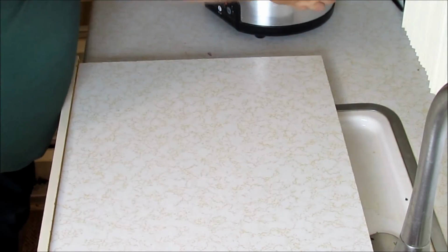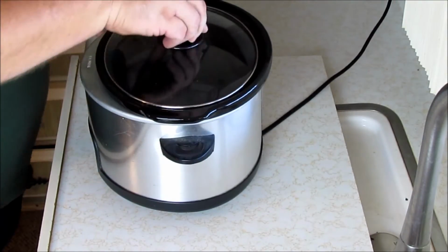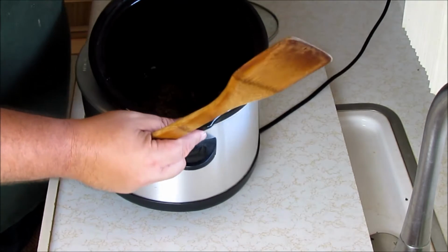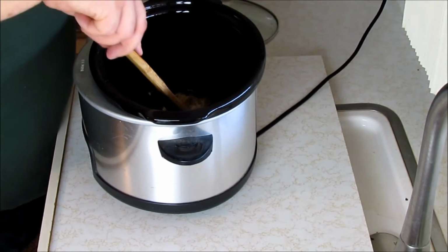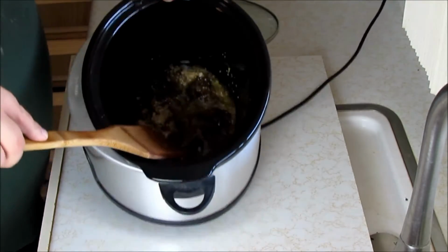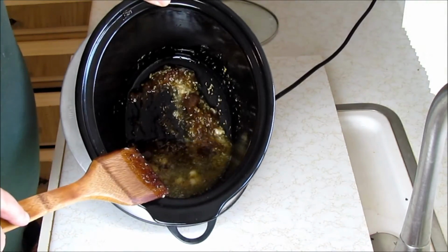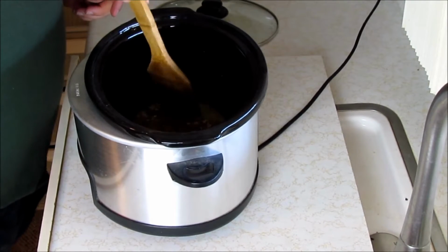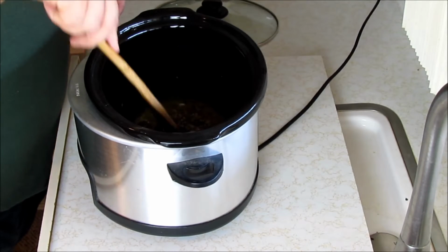And then we have our fabulous crock pot, the little one here. And I had turned it on. Now we have our stuff in here. We have our oil, we have our butter, we have our herbs, there's sugar. Gonna mix this around. Sorry you guys can't really see that. Can you see that? A little bit. I just want to try to chop up the sugar a little bit and mix around the butter, get the garlic